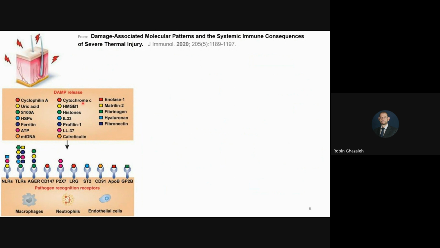So that's the first time students generally see cytochrome C,